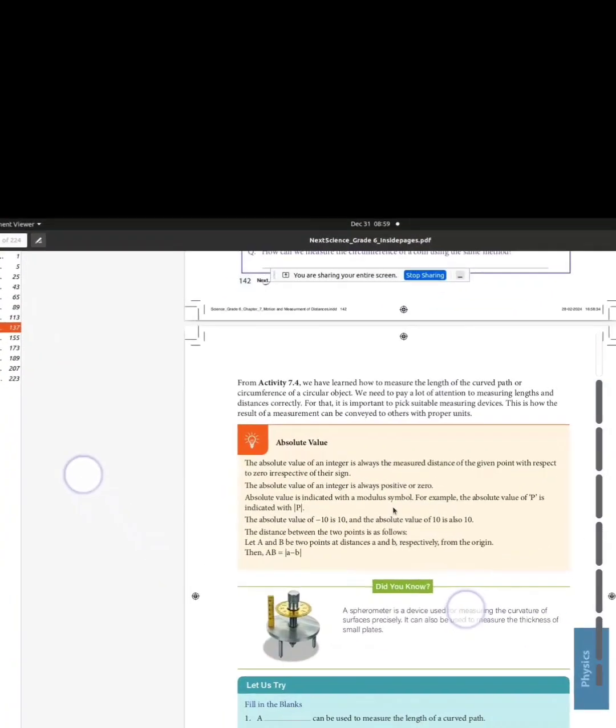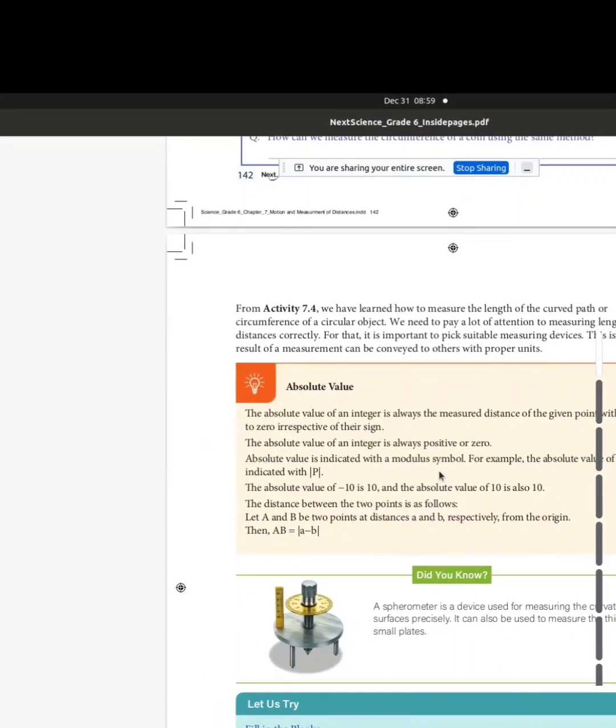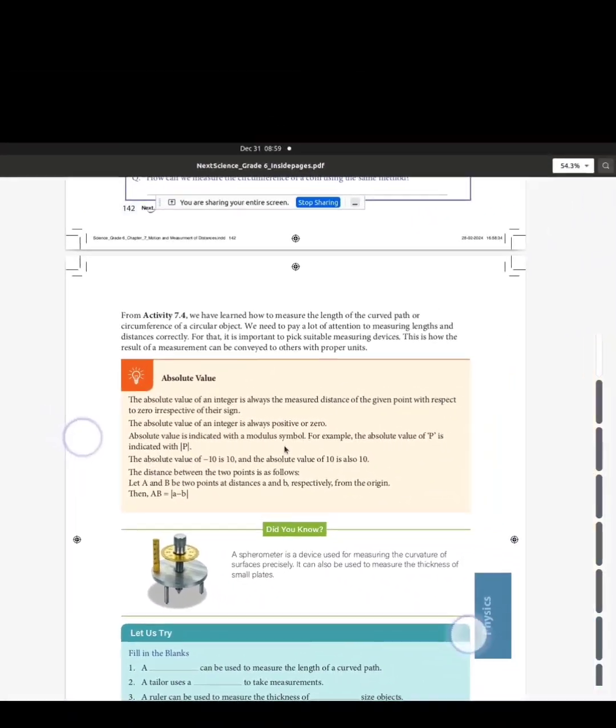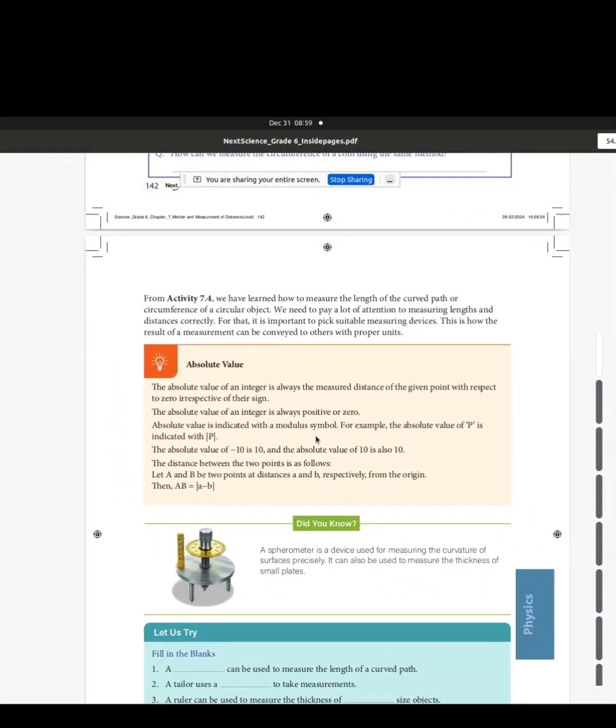So this is one of the elaborate content. Elaborate content is not a part of the concept. I mean, it is a part of the concept, but it is extra information which is not required for grade 6 if you check the actual content. But this extra information will try to ignite curiosity towards that particular concept for the students. So absolute value is something discussed in the measurement chapter, where we have given that extra information for the